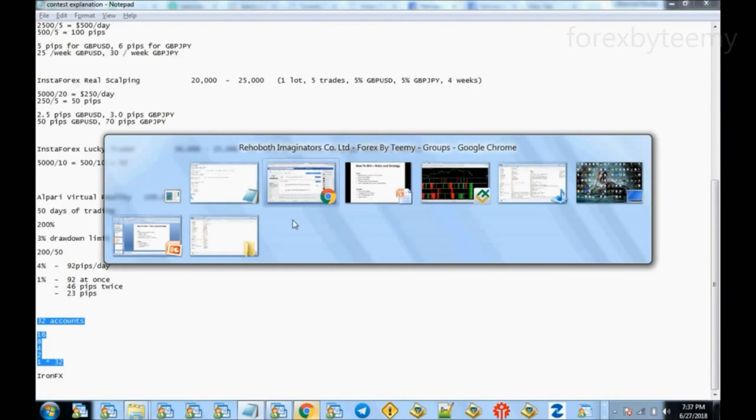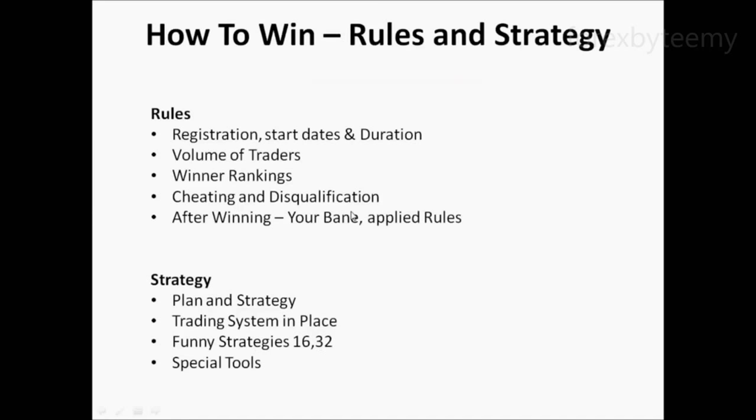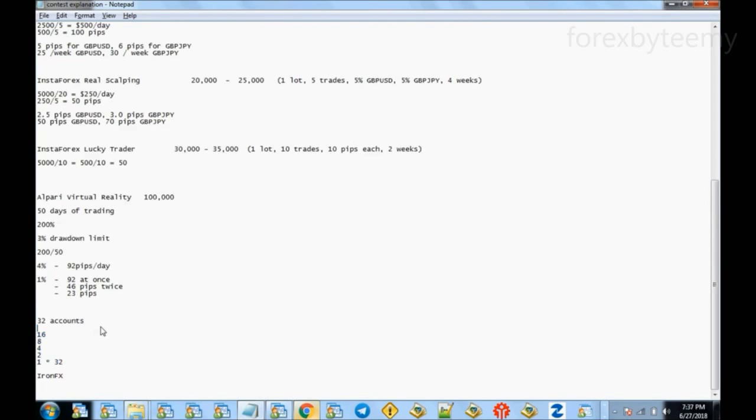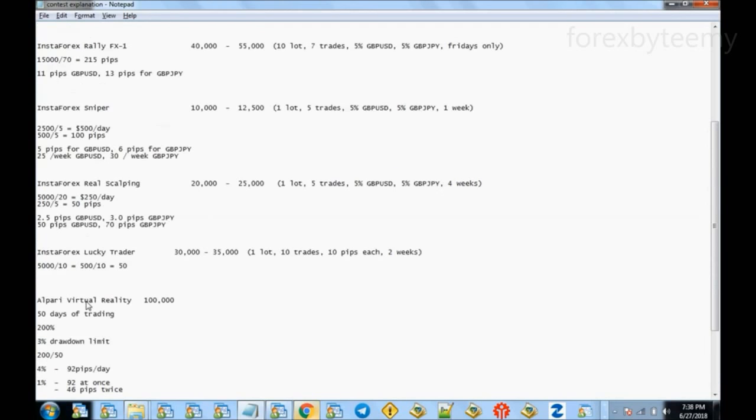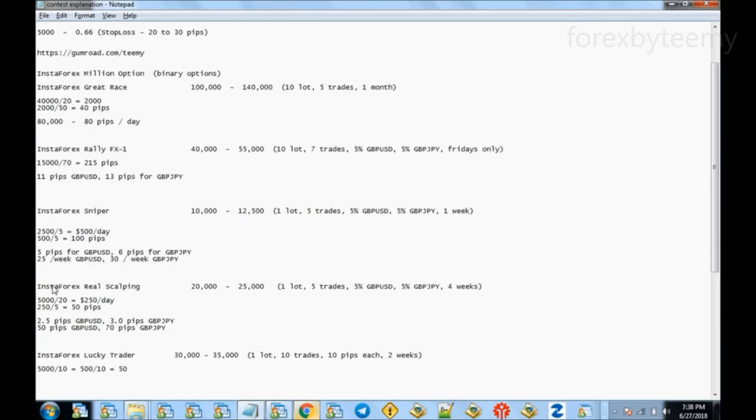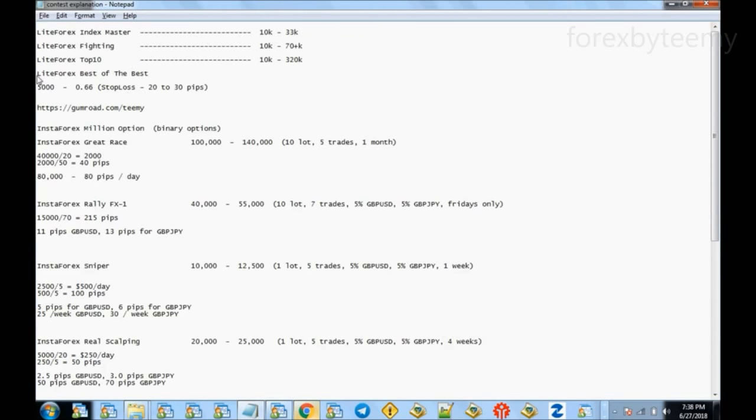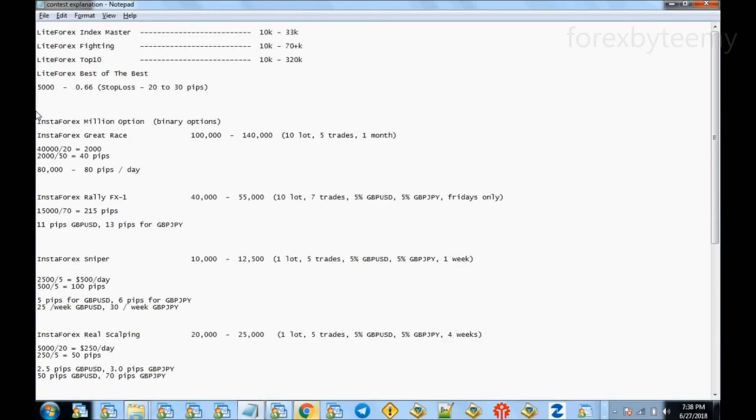But when it comes to legal, please don't bother yourself if it becomes something that most brokers are discouraging, like what LiveForex is doing by involving your risk in it. Then you should forget about it. But for now, it's a way of going about it. Special tools, I talked about